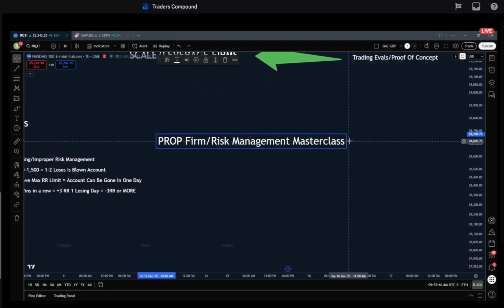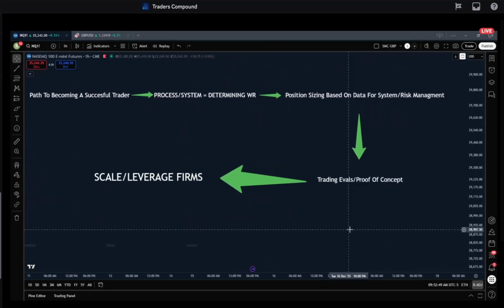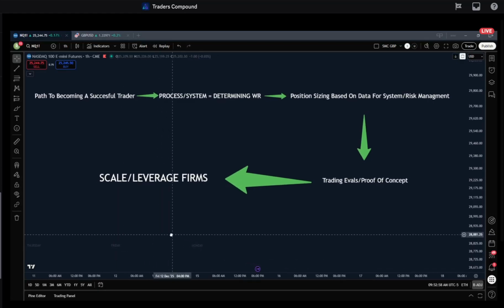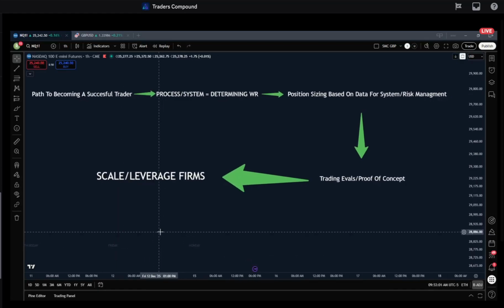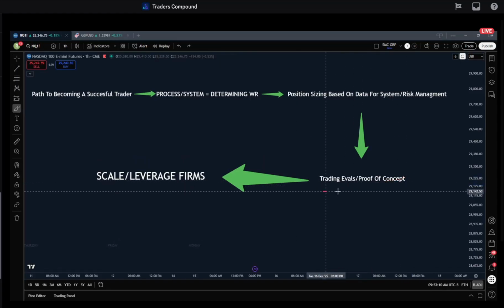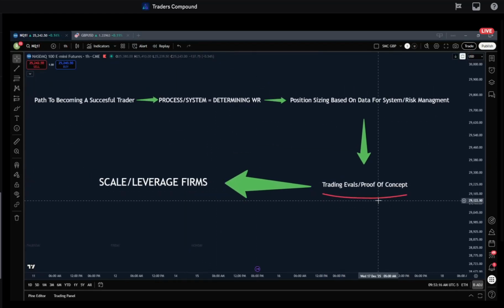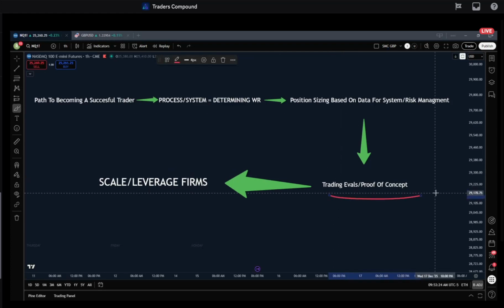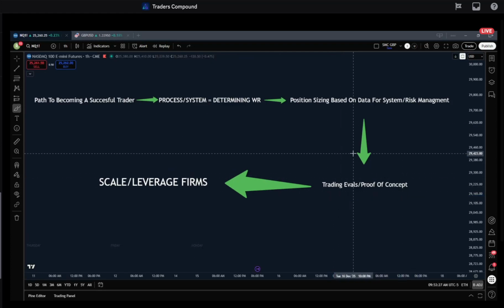Okay. And with that being said, again, everything is a process. A lot of you, some of you are experienced traders, some of you are brand new. And for those of you who are brand new, you understand this as a process. But for some of those of you who have just started, you got to understand it's a process, right? So you can't rush this, right? So you have to be content with trading an eval or having proof of concept, okay? Ask any one of my VIP students or any one of my previous students from my RR Trades program. I never tell anyone to scale into five Top Step accounts immediately.